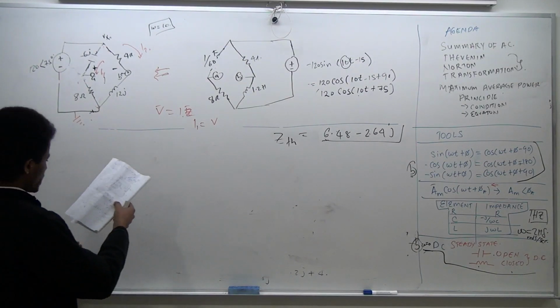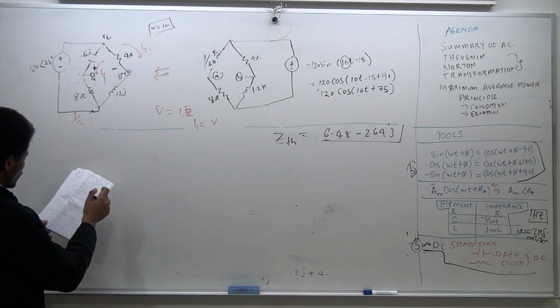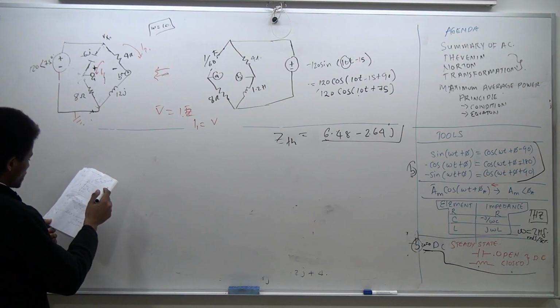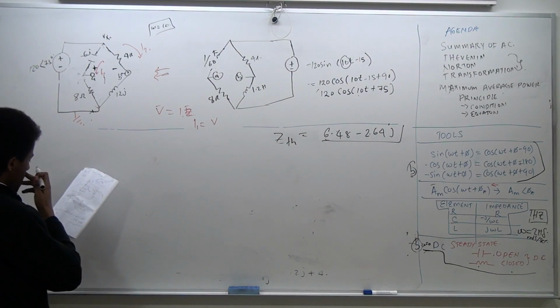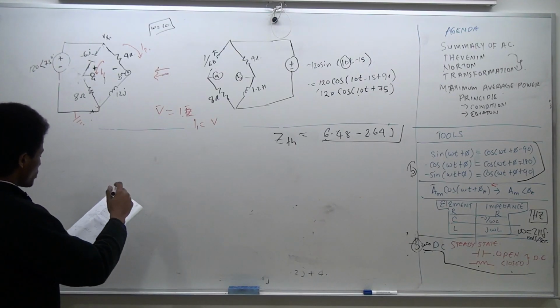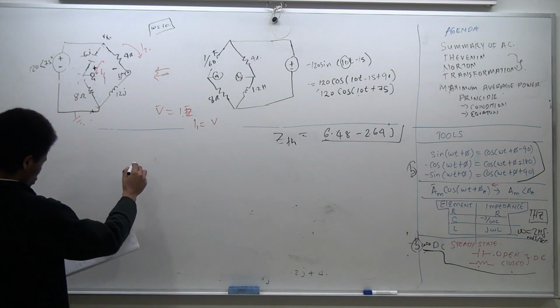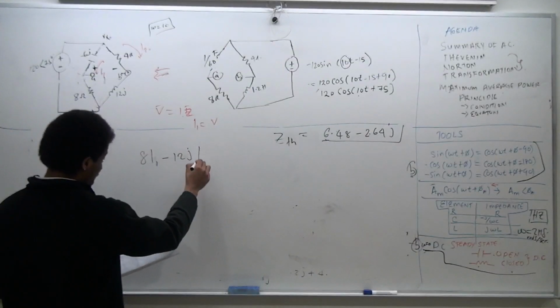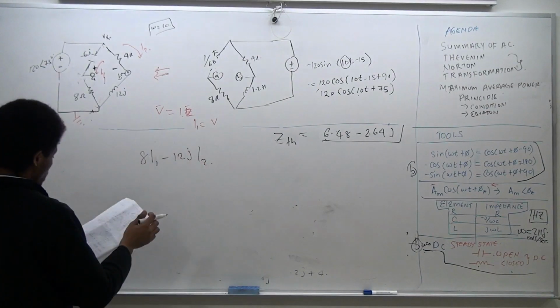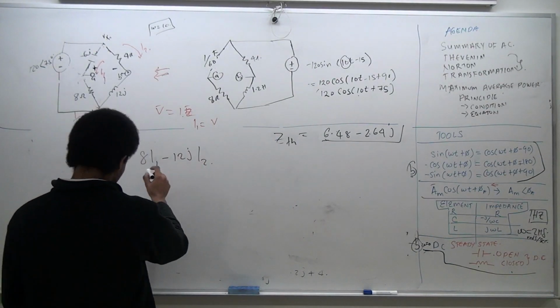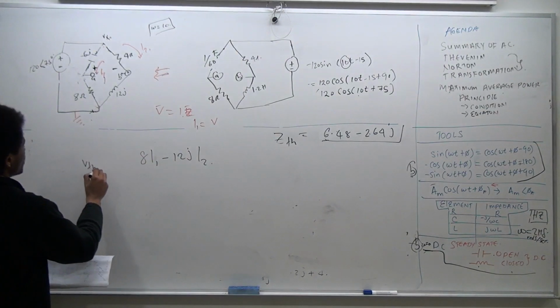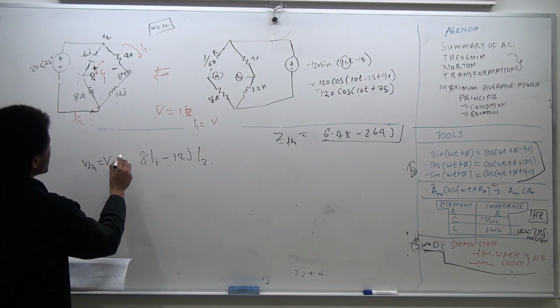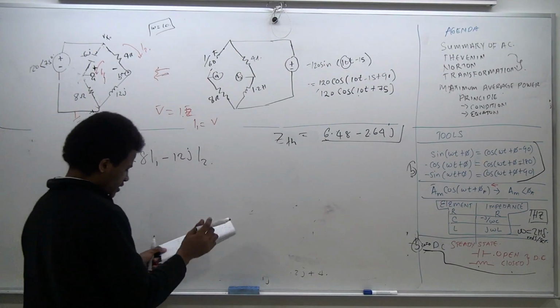Yeah, you'll find out that when you sum up, you find your VA, you're gonna get... Okay, if you apply the Ohm's law before, because that's the solution I have, you will get 8I1 minus 12J I2 that we discussed before is equal to, which is the same. This is equal to V Thevenin, which is equal to VA minus VB. You could check. It's equal to